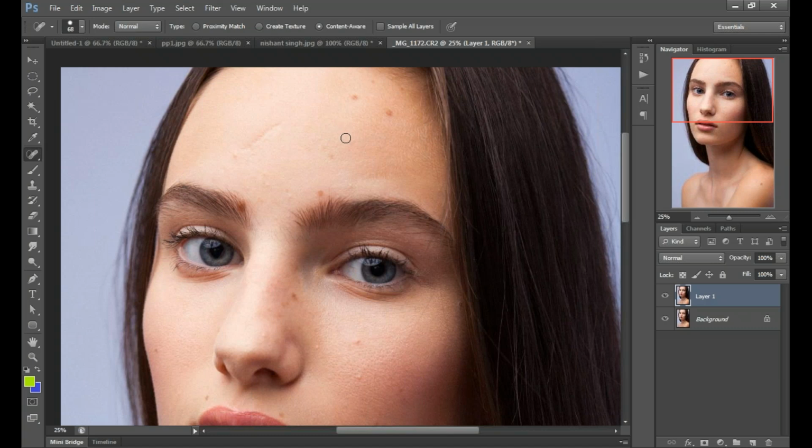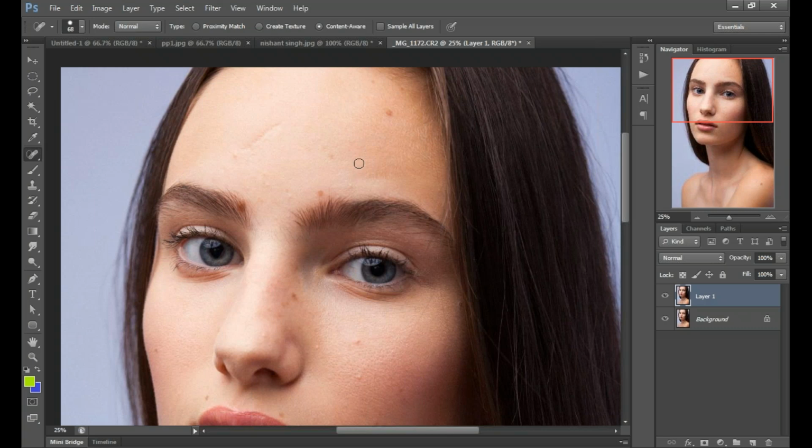But here we can see only the cursor because of the live meeting. All of you can see only the brush pointer here, but when you open this in Photoshop, it will show like a round circle brush, and we will click just on the spot. Just click here and done.